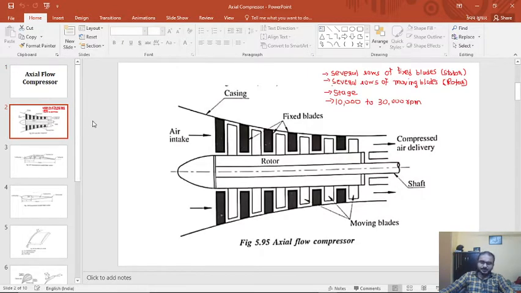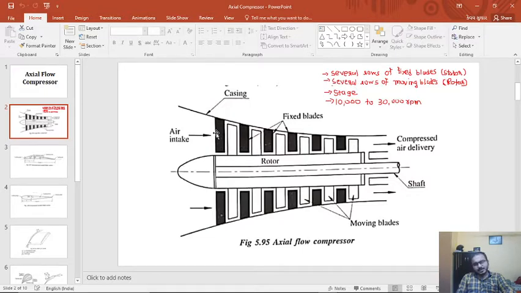So here we understood why an axial flow compressor is required in the first place. We discussed that the efficiency of a centrifugal compressor is comparatively low. Second, with the help of an axial flow compressor we can get a larger pressure ratio as well as high thrust per unit frontal area, and multi-staging in an axial flow compressor is comparatively much easier than in a centrifugal compressor.